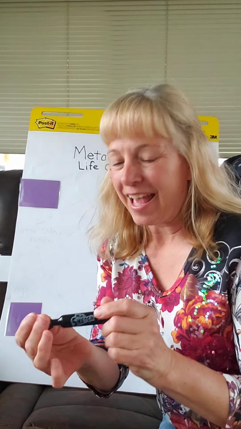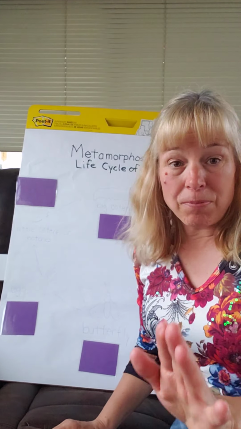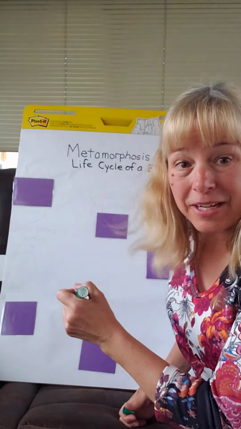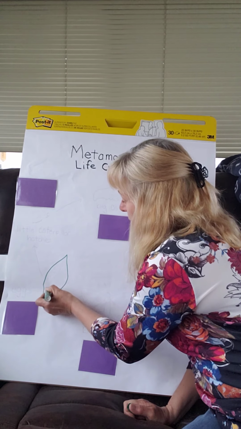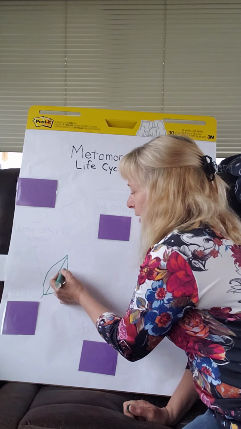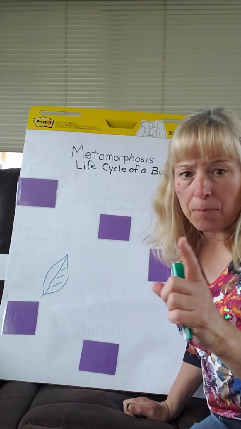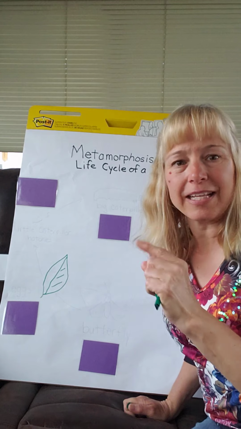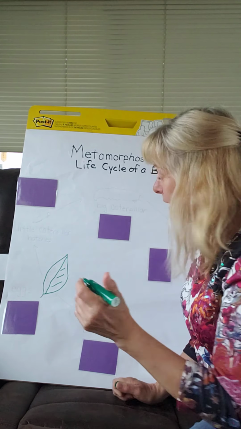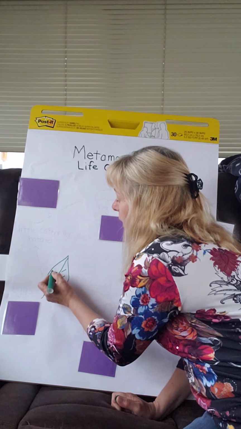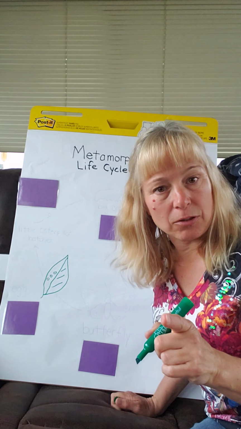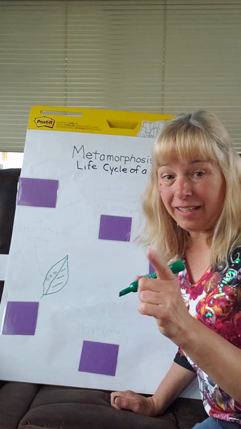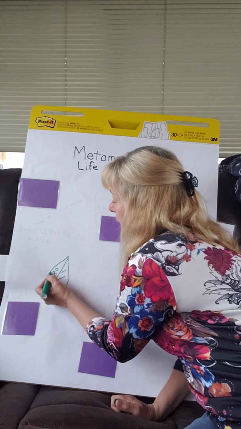I'm sorry about that. Now, so it all begins for a butterfly on a leaf. So right down here, I am going to draw a picture of a leaf. Now, no, boys and girls, butterflies don't come from leaves, but something very important goes on the leaf. It's called eggs. A mama butterfly will lay eggs on a leaf, and she's really careful to make sure she chooses a leaf that she knows her baby caterpillars are going to enjoy eating. Okay, so she lays little eggs on the leaf,